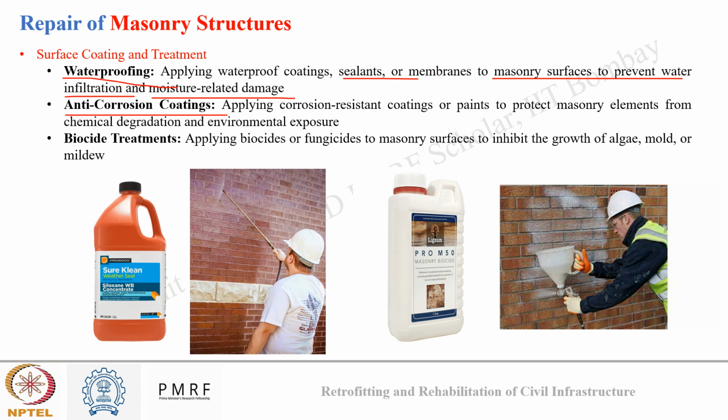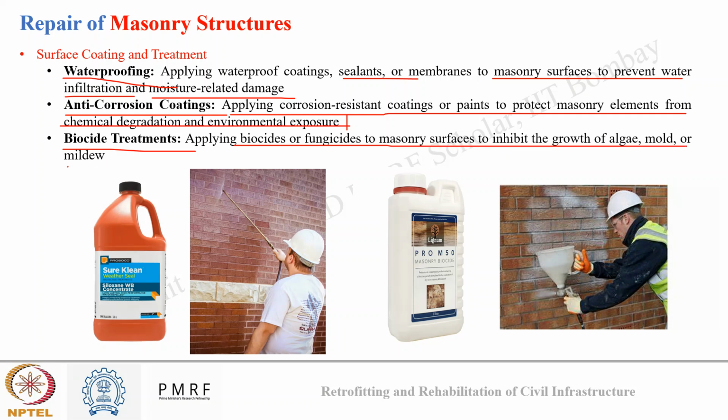We have anti-corrosion coating, which involves applying corrosion resistant coating or paints to protect masonry elements from chemical degradation or environmental exposure. So in regions where acid attack can be a formidable reason behind the damage to masonry, anti-corrosion coating is used. And we have biocide treatment, where we apply biocides or fungicides to the masonry surface to inhibit the growth of